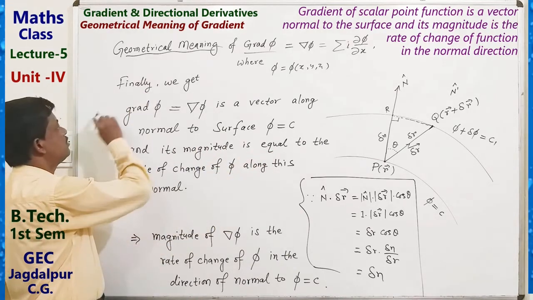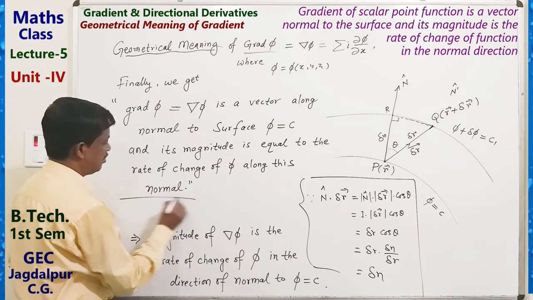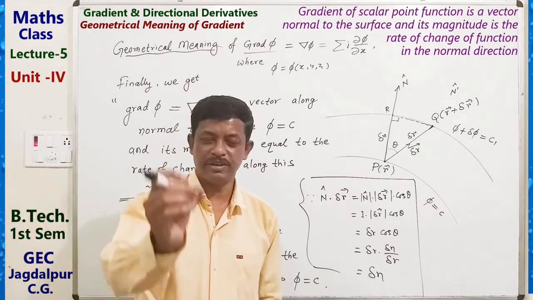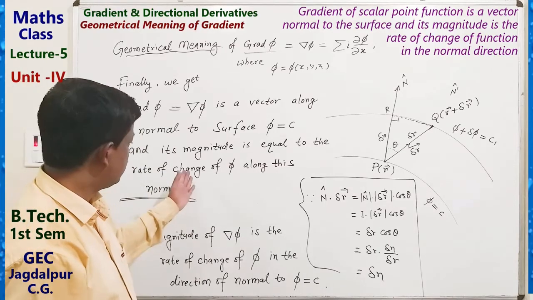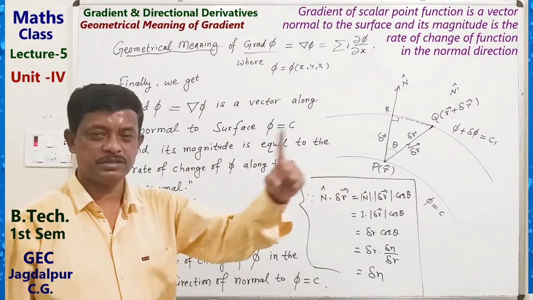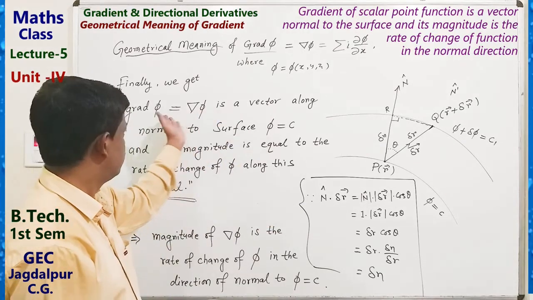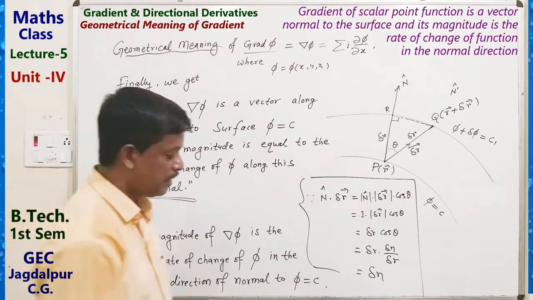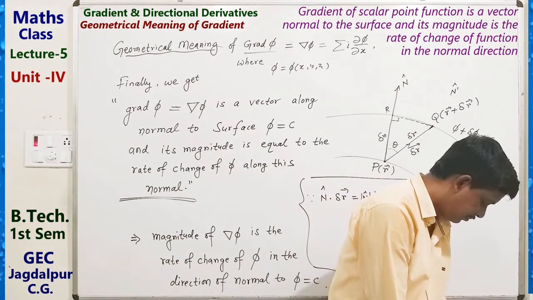This is geometrical meaning of gradient phi. Okay, so very important this thing. Magnitude is rate of change of phi along the normal to the surface, and direction is normal to the surface. Okay, and here we can see another thing, that